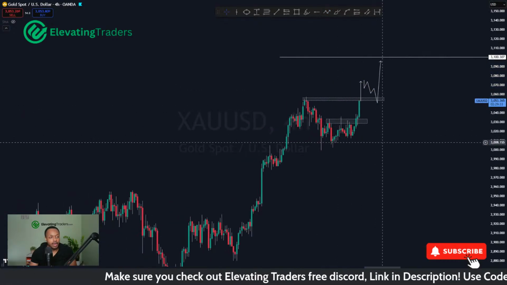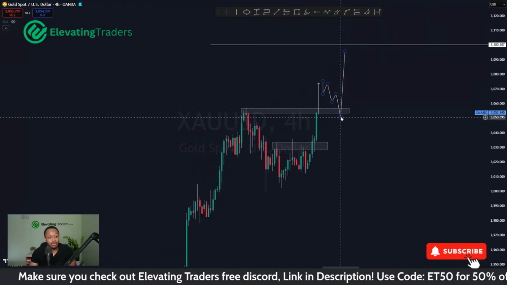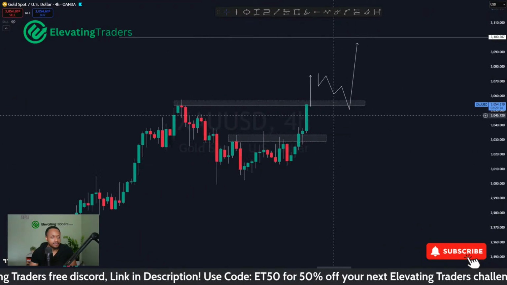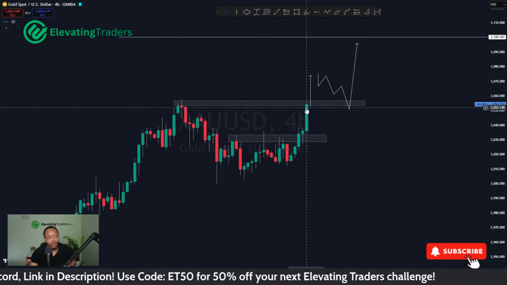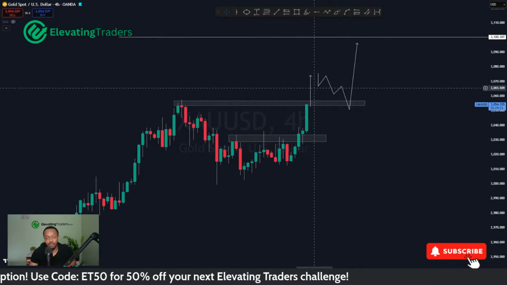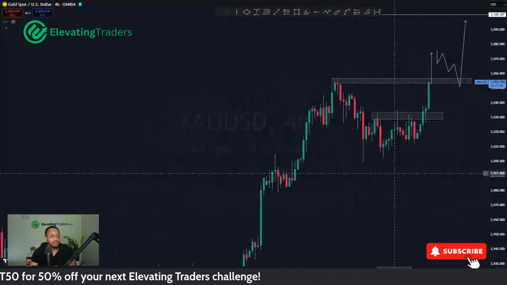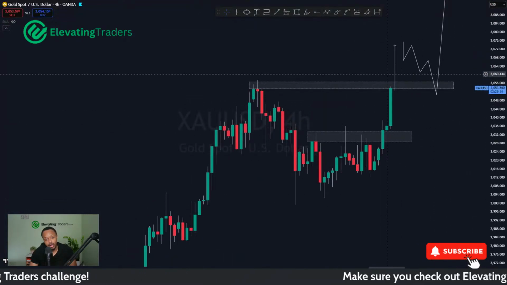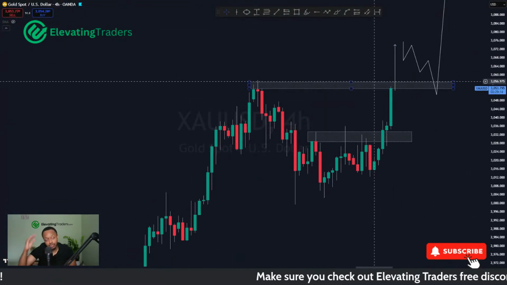So probably better off waiting for the retest because that probably will give you the bigger move anyway, and you can probably refine a stop loss a little bit better too. But of course, the break of that might give you a nice few hours of upside as well. So that's something to look at. At the moment, we're approaching resistance, so we'll see what price does. If we do break above it, then that could be the catalyst for a bit of a breakout there.